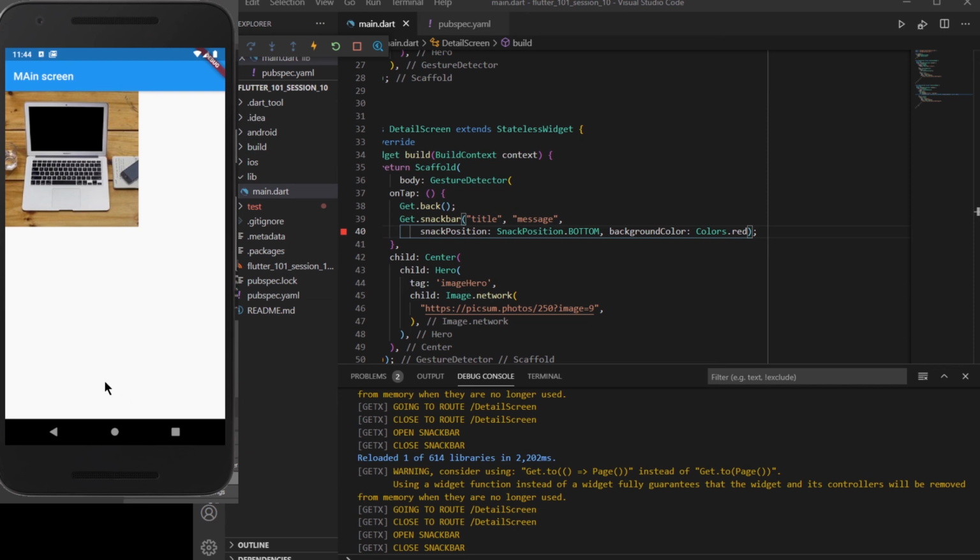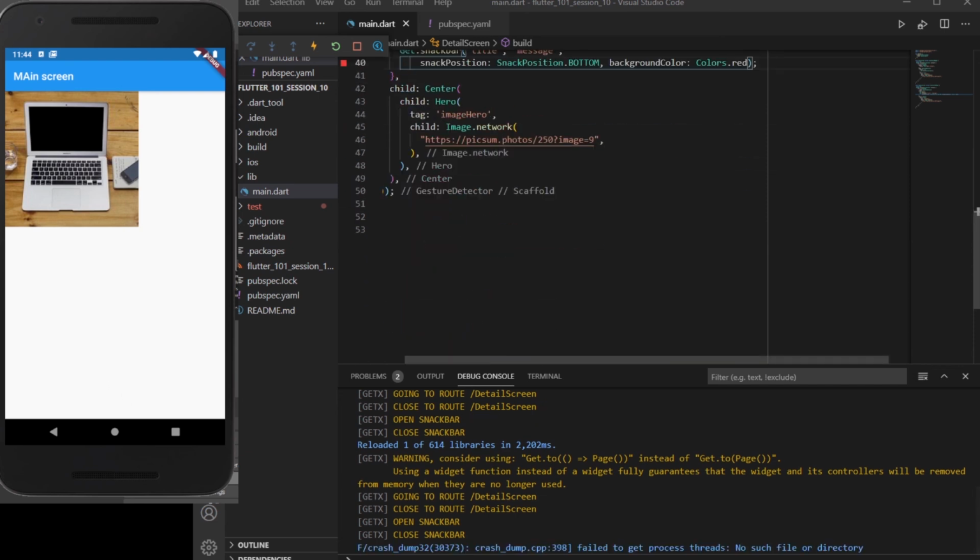So this is how you can use Get to manage all the navigation or all the routing inside your application. This whole process of navigating to a particular screen or adding routes inside your application to go to something is basically called routing. And in this session, summing up, we have covered the routing process, what all things there are inside a Flutter application for routing to various different screens.